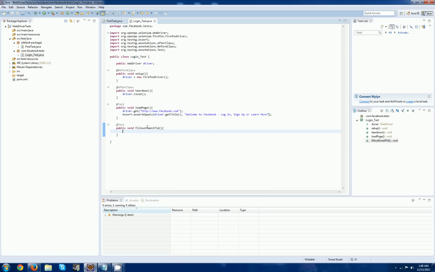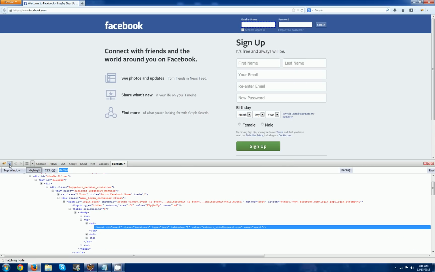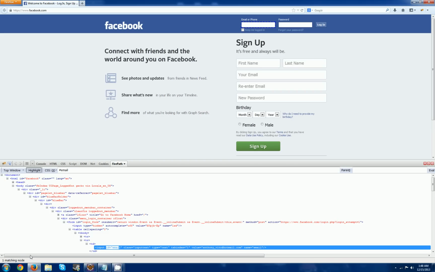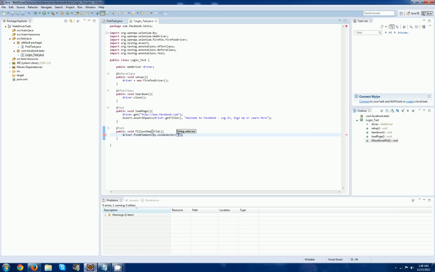For this fill out email field, we want to find the field and then send text. So let's figure out what. It looks like it's an ID email, and it looks like we have one node matching. So this is perfect. This is a perfect expression for us that we're going to use. So we'll go driver dot findElement by dot CSS Selector, and then in quotes put our ID email. So that will find the element, and then we want to send keys to this element. It's actually a web element. This will be email field equals